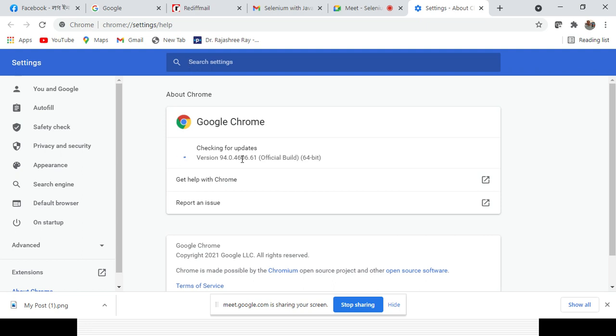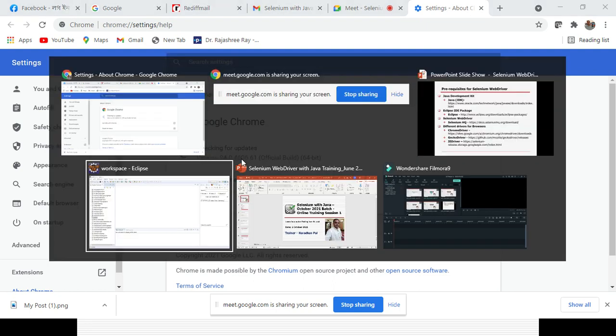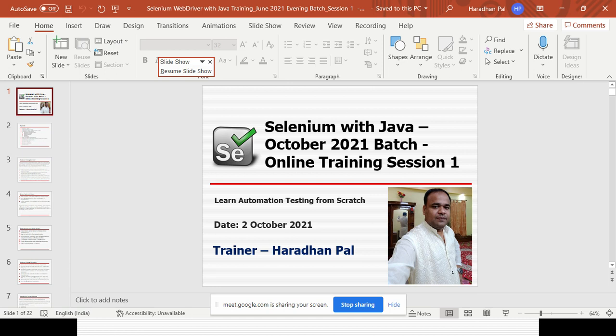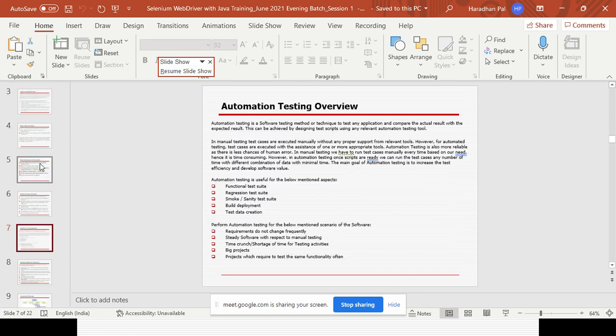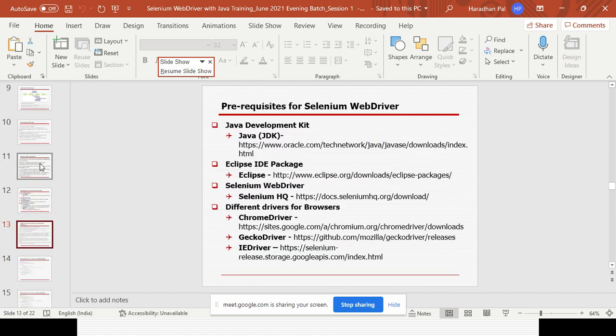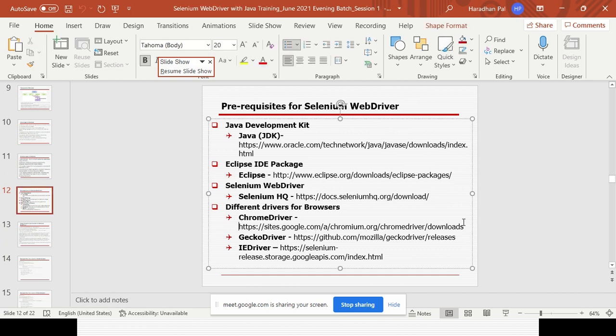If you go to that PPT here and open any of the links, suppose for the Chrome browser I want to install the Chrome driver, you can go to that link here.